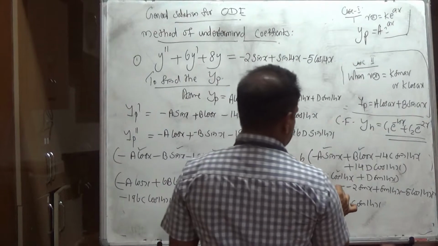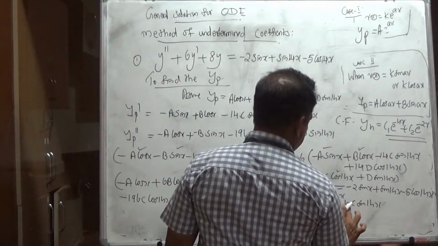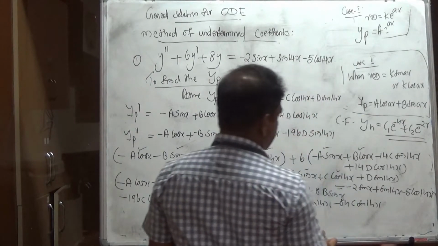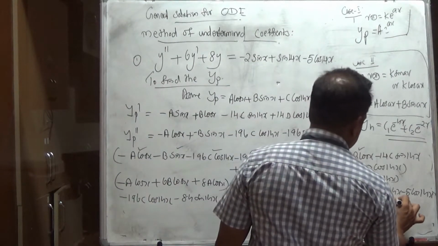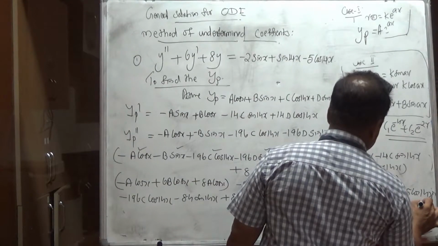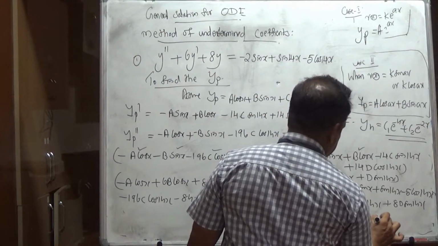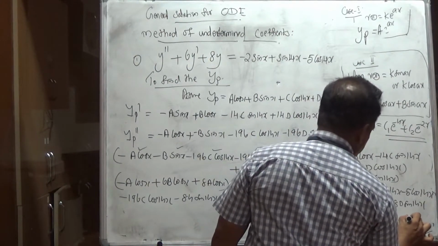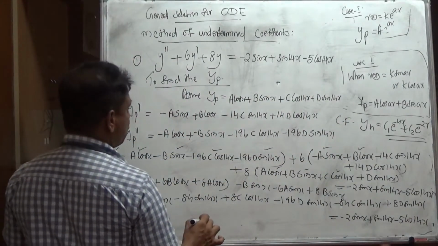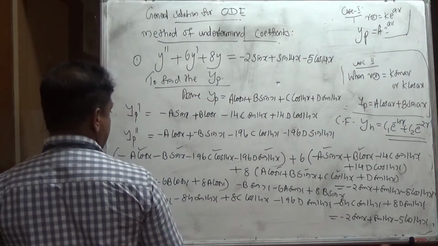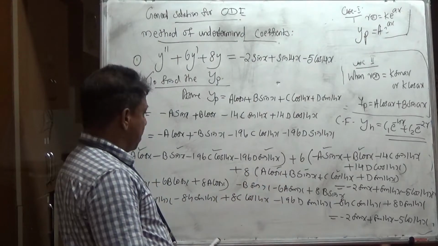Here minus 14c, 6 into 14, therefore 84c sin 14x. Then here 8 into d, 8d sin 14x, that is equal to minus 2 sin x plus sin 14x minus cos 14. Then, after grouping the cos x term, sin x term, cos 14x term and sin 14x term,